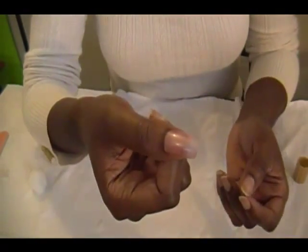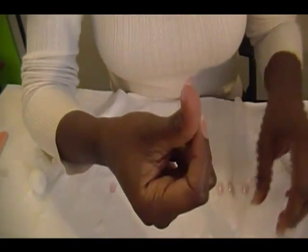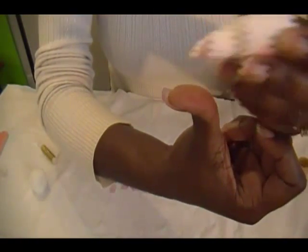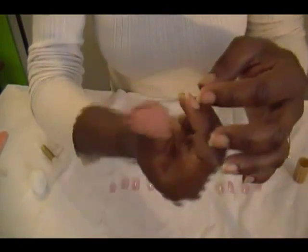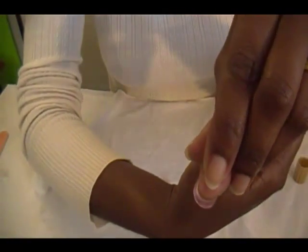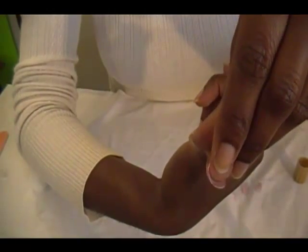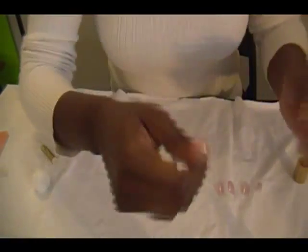I'm just going to hold it there, and that prevents bubbles when you hold it on there. You just want to make sure you have enough so that you don't have a pocket of air right there, like mine does. What I've done in the past too is if I've put it right underneath like a drop, then it'll slide through and it'll fill in the bubble. But you have to know what you're doing. You make sure that you're putting it in between your nail and the actual artificial nail, that it slides right in between, not in your thumb, not on your skin. Okay,